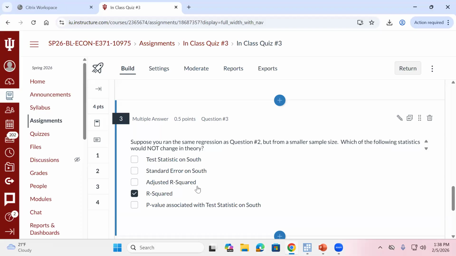Okay? So the statistic that won't be influenced by our sample size up to this point is the R squared. Our adjusted R squared is going to take into consideration the sample size. So I'm giving you a little spoiler for next week. Our adjusted R squared will be impacted by our sample size, but the R squared itself is not. Okay. Any questions over any of those that you want to revisit? And we'll dive deeper into dummy variables in just a second.